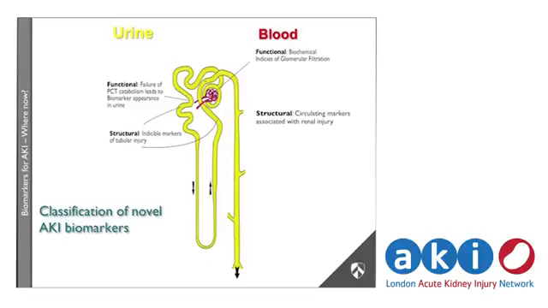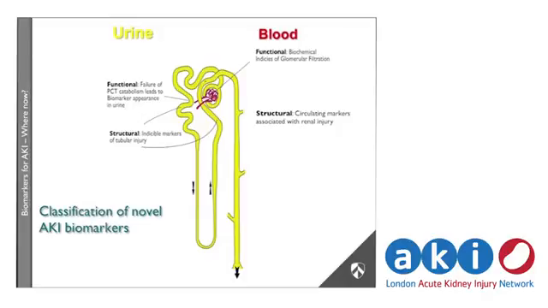So urinary biomarkers. We have AKI biomarkers that could either be urinary or in the blood. Now, there's been a lot of concentration on urinary biomarkers, probably because they more accurately reflect what's going on in the kidney. And there are lots of biomarkers in the blood that may be more indicators of systemic inflammation that correlate with AKI, but they may not be terribly specific. They've been classified in different ways, but essentially you've got some structural markers. These are markers that can be produced in the kidney or released in the kidney in response to injury.